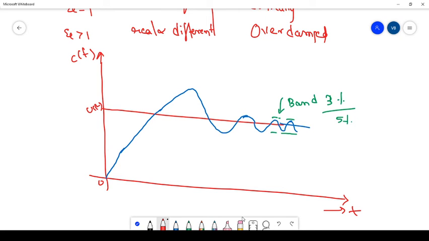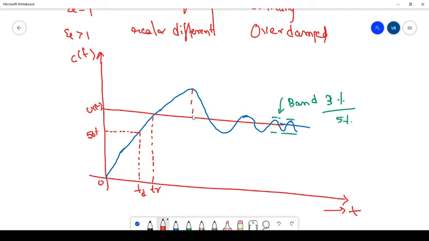Here you are going to get different characteristics. First, TD. What is meant by TD? That is delay time. The time taken for the output to reach 50% of its input. To reach 50% of its input, that is TD. Here we are going to define all the terms.